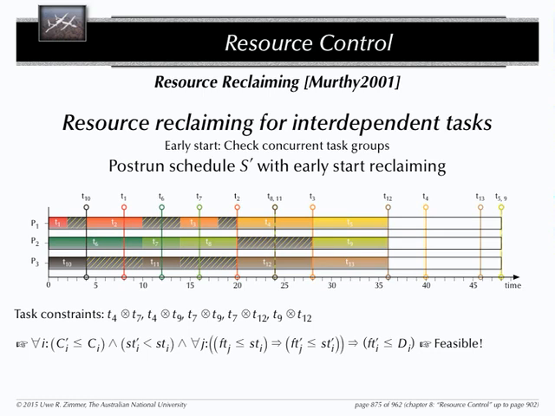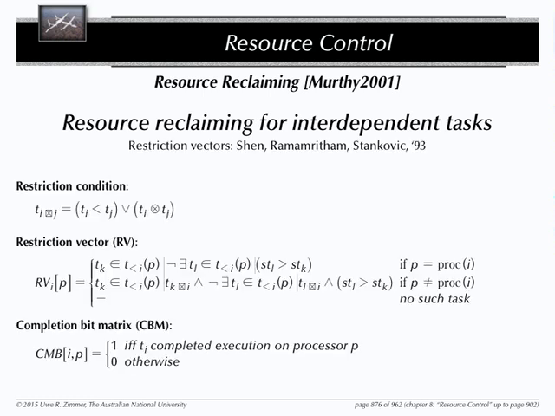This is where restriction vectors are coming into play. What do these restriction vectors explain? These restriction vectors basically give you stop signs for every task where you have to be careful. When are you not yet allowed to be scheduled? And you make this dependent on the dependencies of the tasks around you. If you have any restriction with respect to another task, which means you have either a precedence relation with another task or you have a mutual exclusion relation with another task, it doesn't matter in that context. You are constrained with respect to this other task.